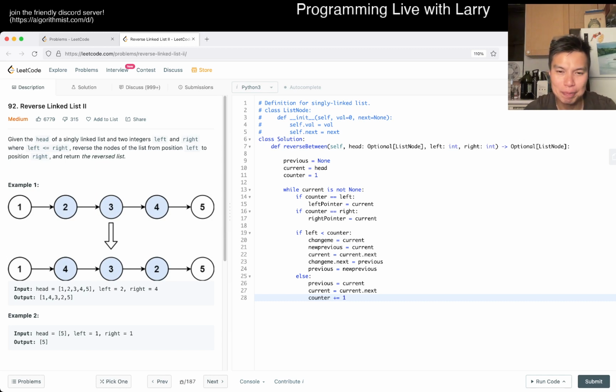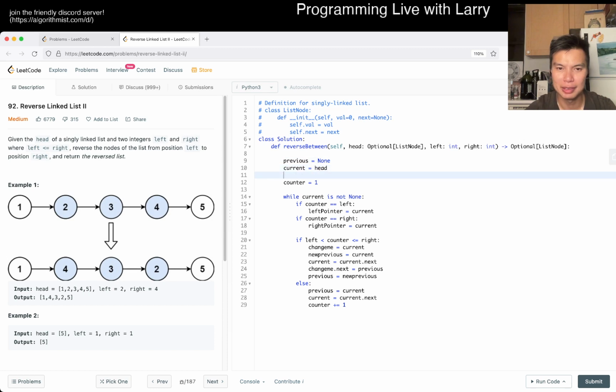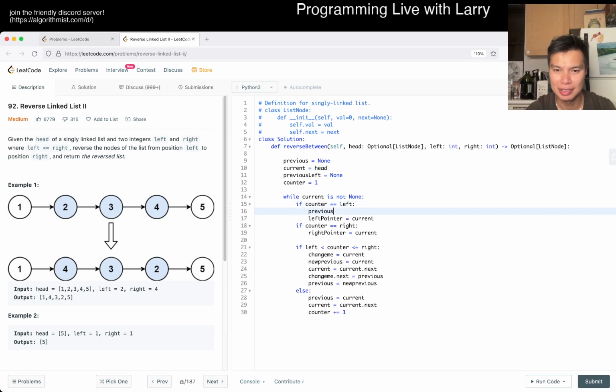In this case, everything should go backwards. Well, and this is looking right. Yeah. Okay, I think this is right, but now we have to do a previous left pointer so that it points to the 4, if you will. So previous left is equal to none. Previous left is equal to previous, or something like this, and then now at the very end, if previous left